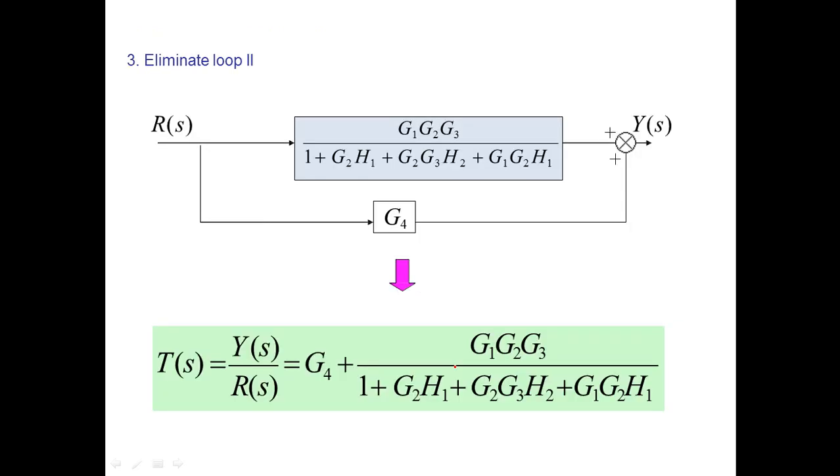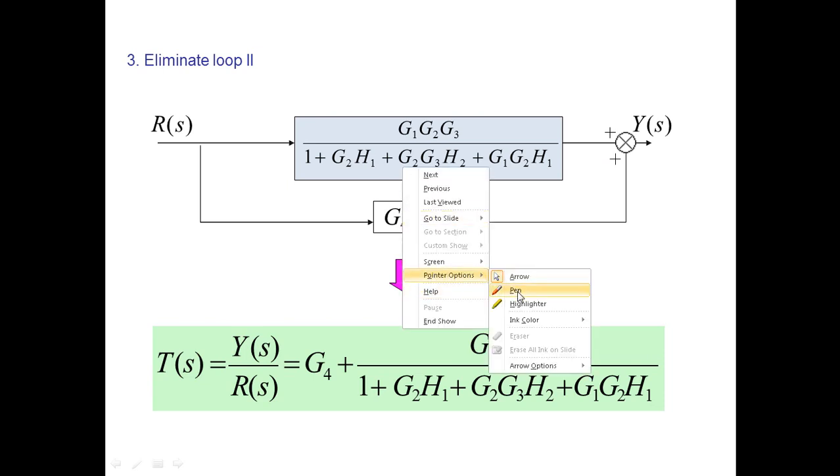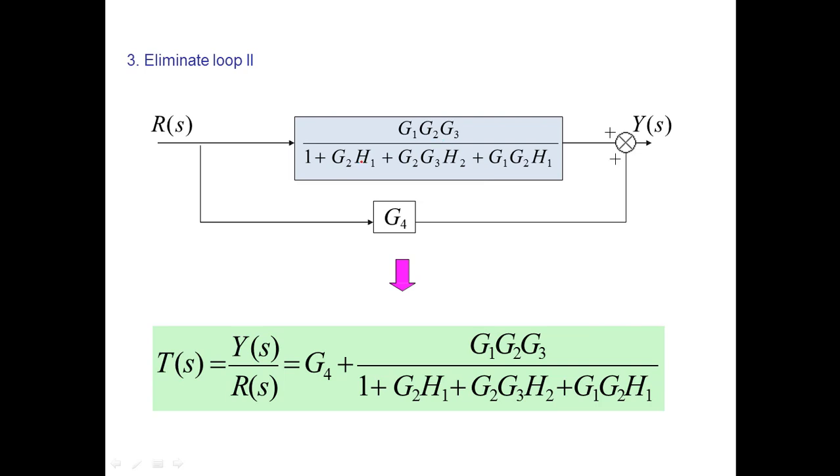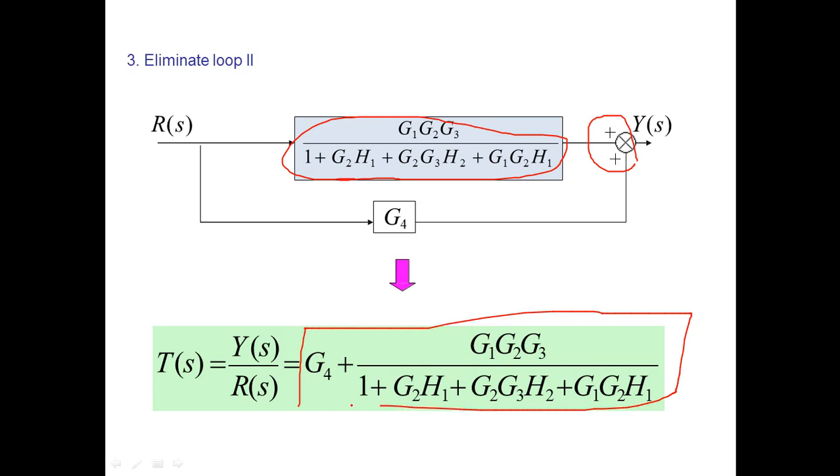On this side you will get this equation, and after you get it you can see that this is not a feedback, this is actually a forward path. These both are forward path gains and they are going to be added. So this whole thing will be added with G4, and this will be the whole equation. You can see this from here. So now you have got this R of S over here, and you are getting this Y of S from this side.